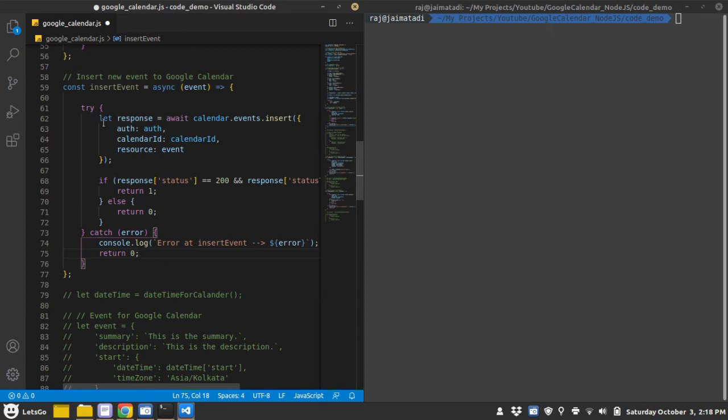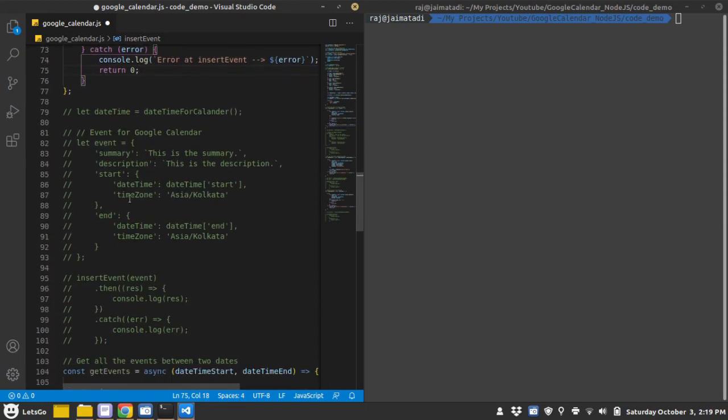We call the API, wait for the response, and check if the response is okay. If everything goes well, the event is inserted into the Google Calendar and we return 1, otherwise we return 0. On the other hand, if anything goes wrong, we get an error. We just print that error by saying error at insert event and we return 0. So this is the function we are going to use.